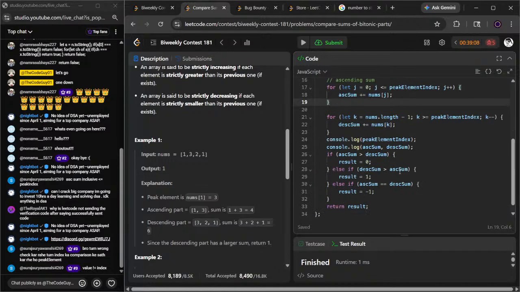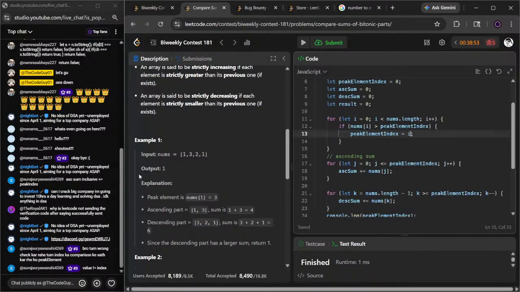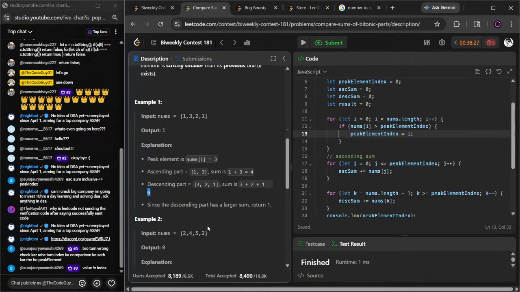क्या बोल रहा है भाई? हाँ तो अपने को इंडेक्स ही चाहिए ना, यहाँ पे देख, यहाँ पे we have 4 elements. इन चारों में से तेरे को कौन सा बड़ा दिख रहा है? 3 दिख रहा है बड़ा। And 3 के पहले वाला कौन सा वैल्यू है? 3 का पहले 1 है, 3 and 1 आएगा, ये असेंडिंग सम होगा। And इसके बाद में देख 3 2 1 है, 3 2 1 को सम करेगा तो कितना आएगा? 6 आएगा। और यहाँ पे 6 सबसे बड़ा है,